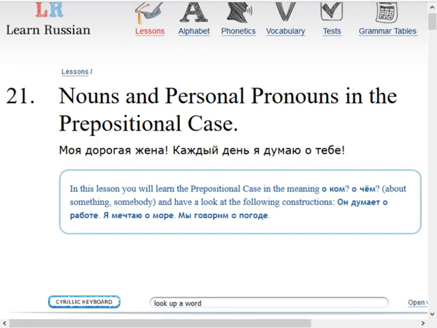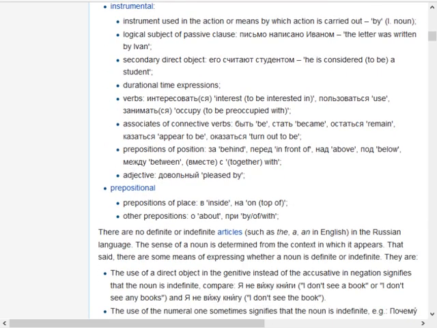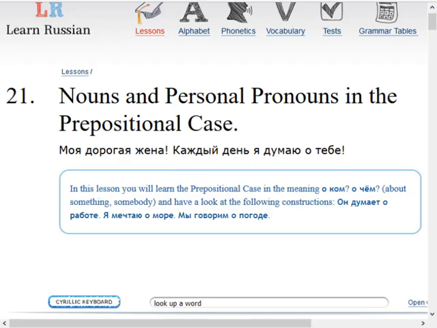And as I mentioned, the whole lesson pretty much is about the preposition o. You do also use the prepositional case for, I still have my Wikipedia window here open, prepositions of place, so v, inside something, or na, on top of. I assume we'll see that later, and it uses the same forms. So if you are on the table, you would say "я на," and then you'd change table to the